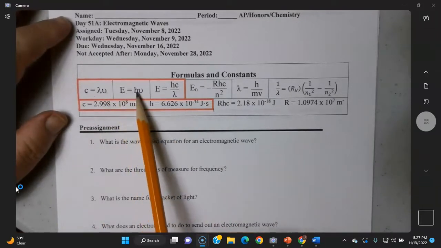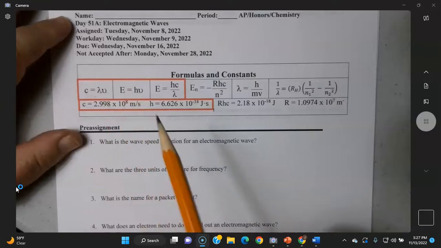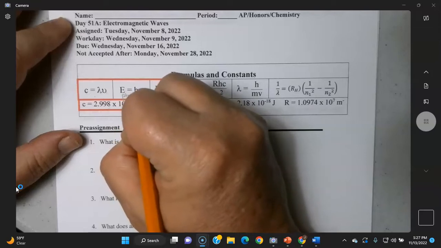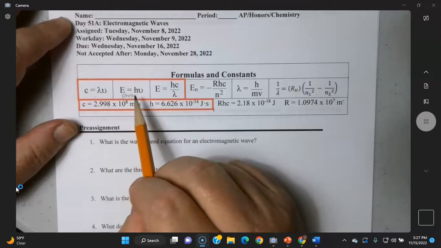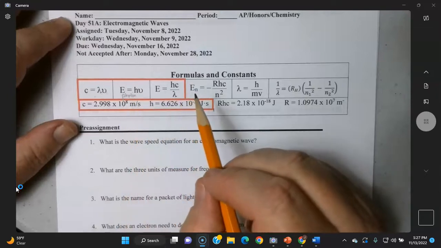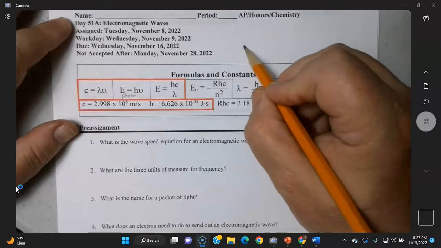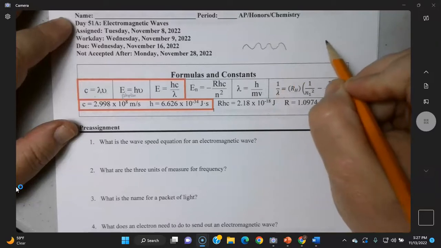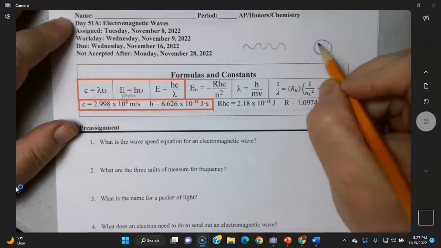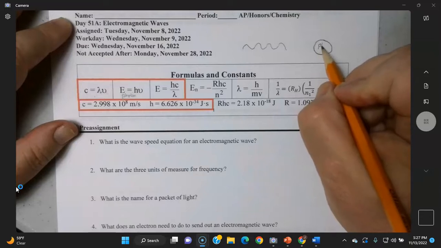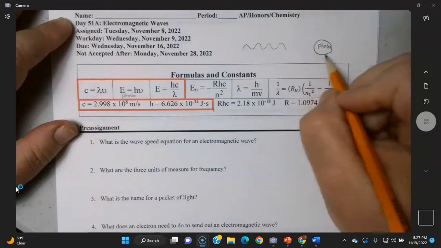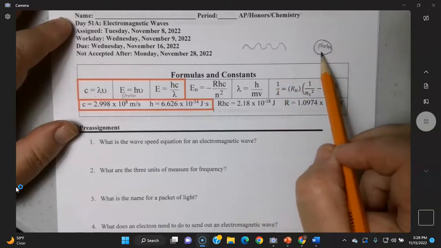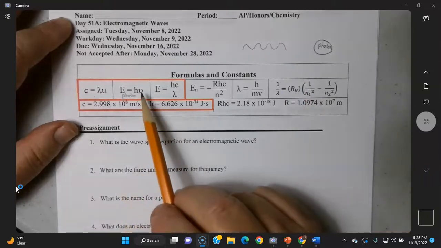Now this equation relates the frequency to the energy in a photon. That's one of those little packets of light. Okay, so it's a photon. So this relates what's called the wave nature of light with the particle nature of light. So light travels in waves like this. That's a transverse wave, electromagnetic wave. But there's also times when it's better thought of as a little packet of energy called a photon. So don't try to reconcile them at the same time. Sometimes you treat it like a packet, sometimes you treat it like a wave, but this equation relates the two